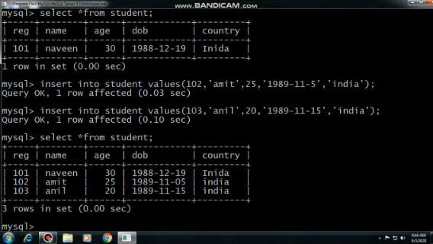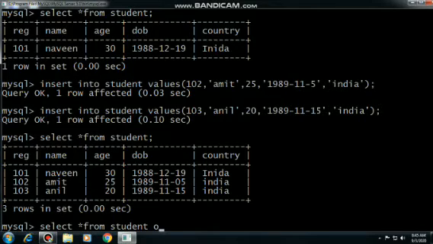Suppose you have to fetch the records in ascending order according to the name. You can see the records are already in ascending order according to the registration number, but you want to display all these records according to the name in ascending order. So you have to write the select command. Suppose you want to fetch only one column, you can write the one column name. Suppose you want to fetch two columns, then you can write the two column names. I want to fetch all the columns, means all the records, so that's why I'm applying the asterisk here. Select all from student, space.